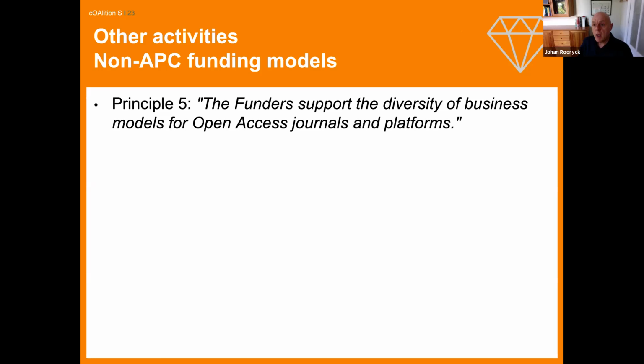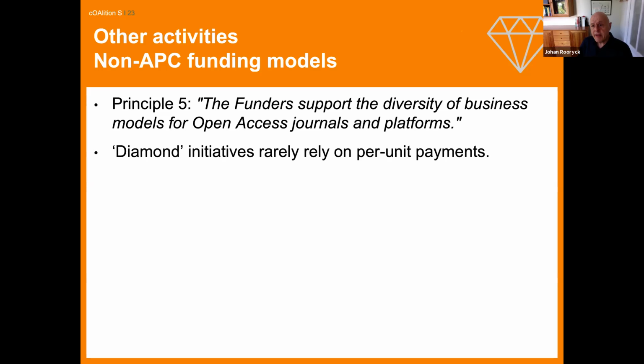in certain disciplines. And one problem for the funders, and I'm saying this very honestly, is simply that diamond initiatives rarely rely on per unit payments. And the per unit payment is, for funders at least, the most easy payment, because it is volume, right? I mean, a funder gives out grants. Within those grants, there is an item for publication fees, and that's very easy to administer and to have an overview of. For funders to indiscriminately shower all diamond initiatives that exist in the world with all the money that they would want is a lot more difficult.